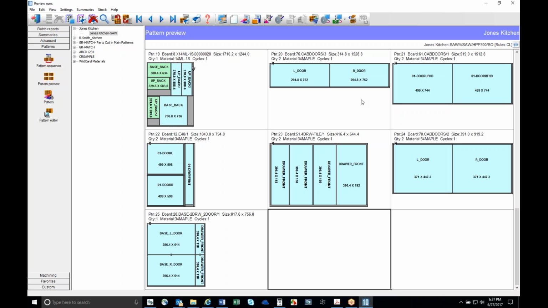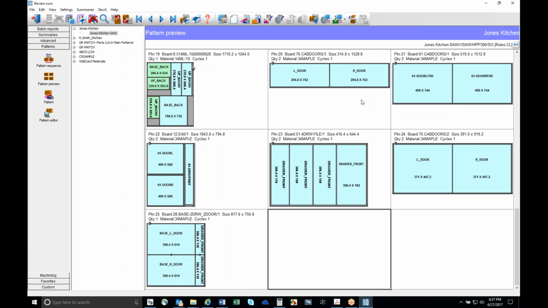I say yes, and you should have cutting patterns. Oh, now it does say saw. Let's see. It's kind of confusing, but it says saw, but